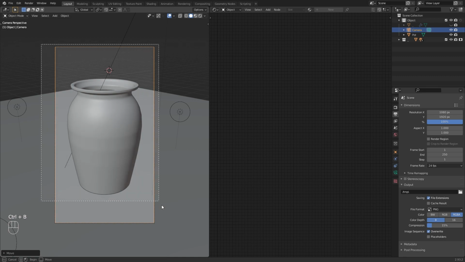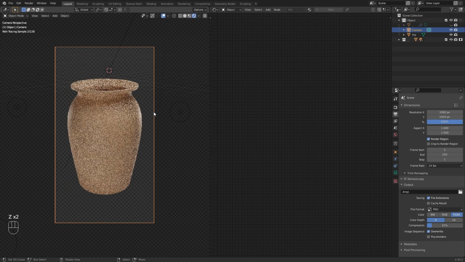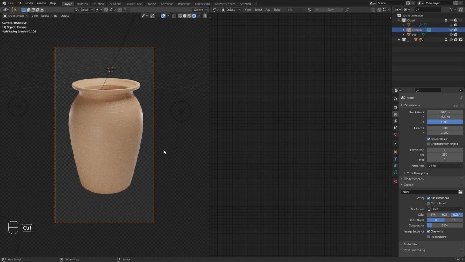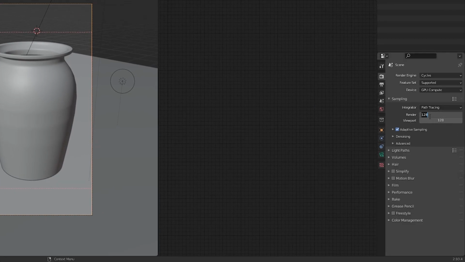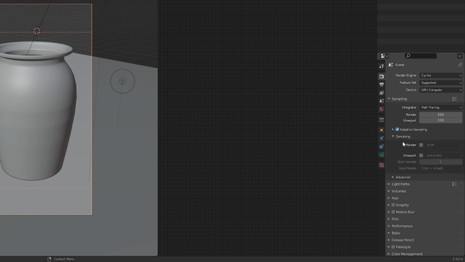Now let us set the render border to this and then set render settings for this scene. Now adjust the sample size to 500 here. Here, by using adaptive sampling you can avoid taking render samples unnecessarily through the render process. Here we do not use any render denoising to get the correct details of the material for the first time.